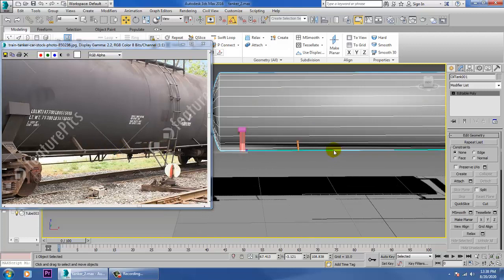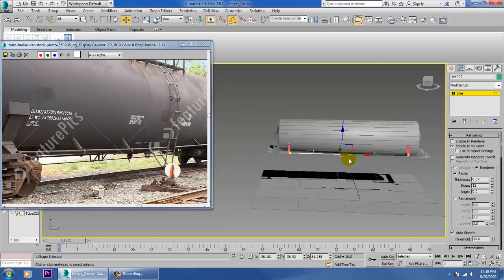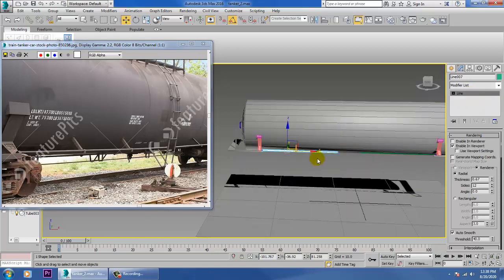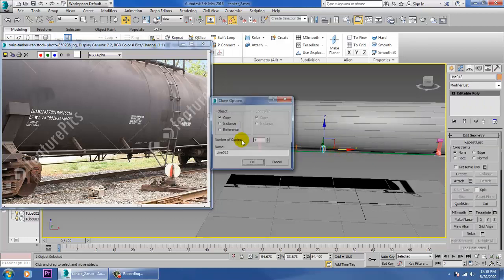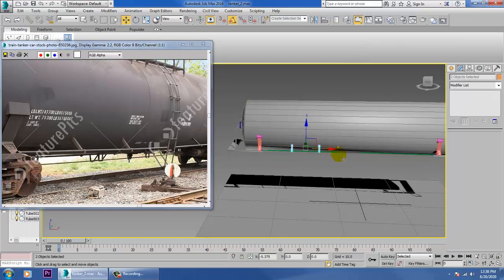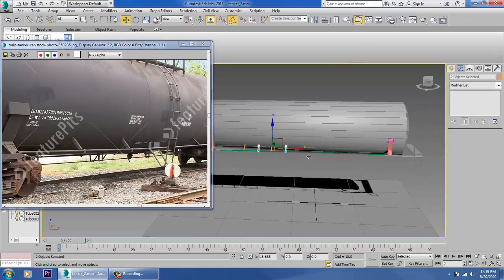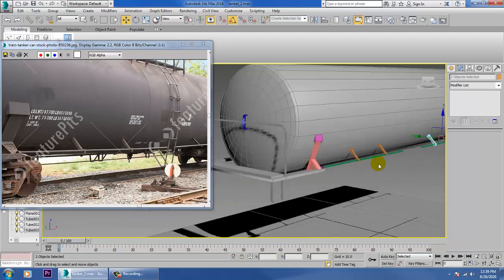If you're selecting this and if you want to push it more, you can do that. So shift and drag to make a copy of it, and again shift and drag and make a copy of it. That's it. So you can just save your file.